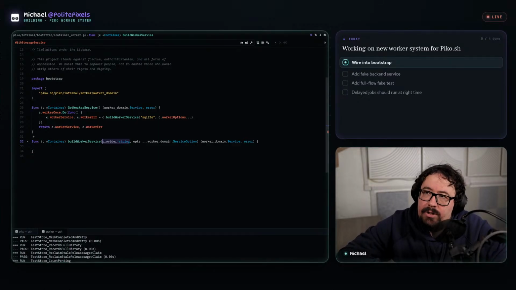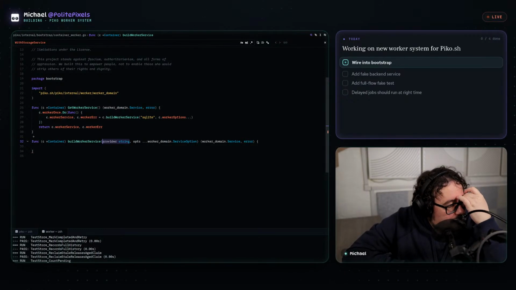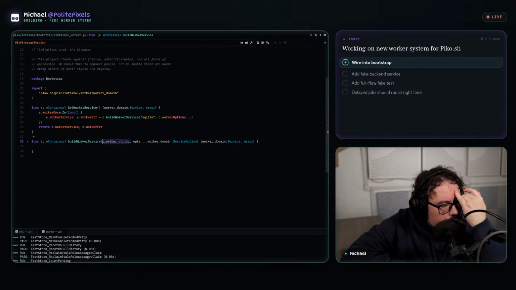In the future... Because what I'm just thinking of is dependencies and not pulling in more dependencies than we want into the root go mod.